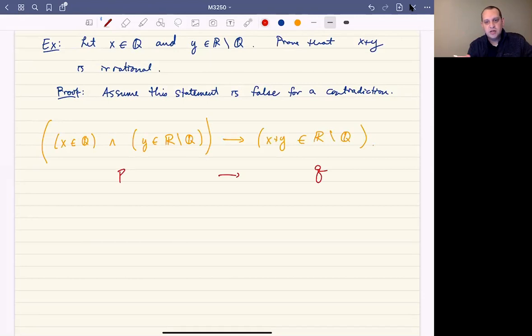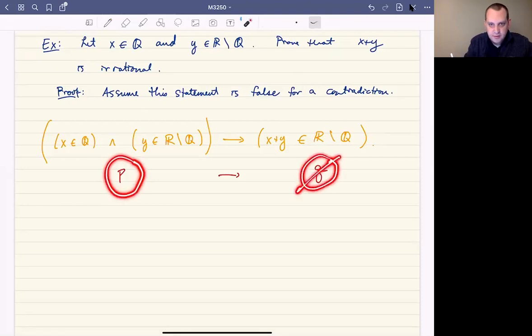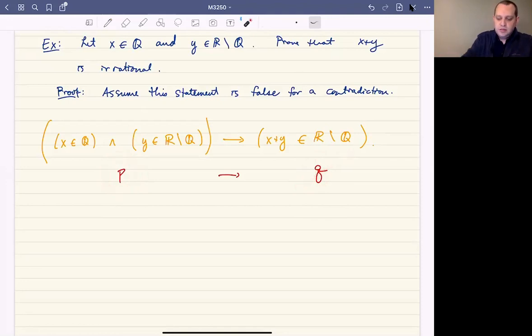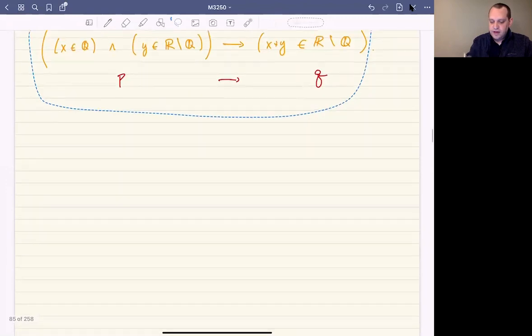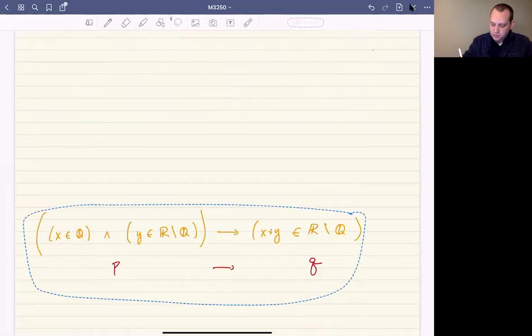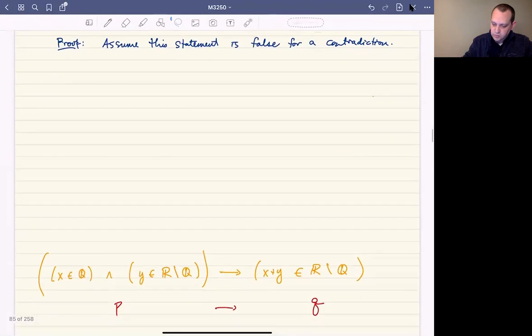Well, an implication is going to be false if the first part is true, but the second part is false. Remember that when we talked about the logic tables for the implication statement, the implication is false only when the hypothesis is true, but the conclusion is false. So that's what we'll do in our case. That kind of tells us what to do next. So we're going to assume